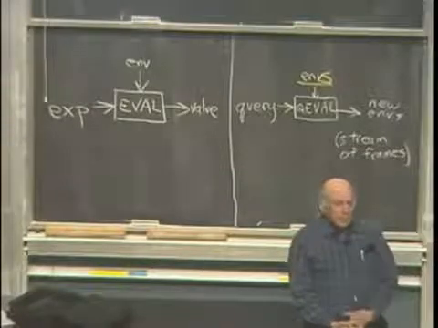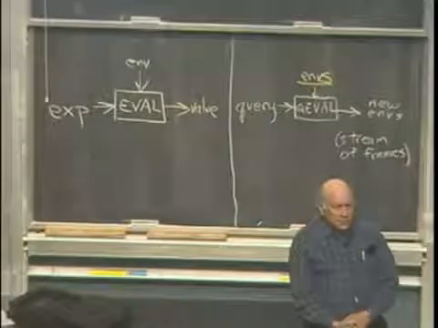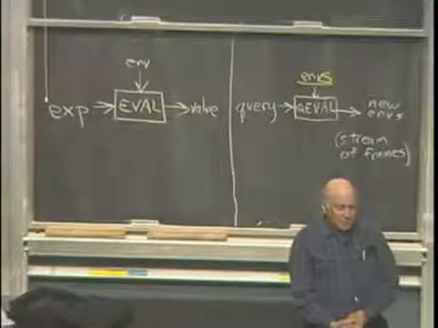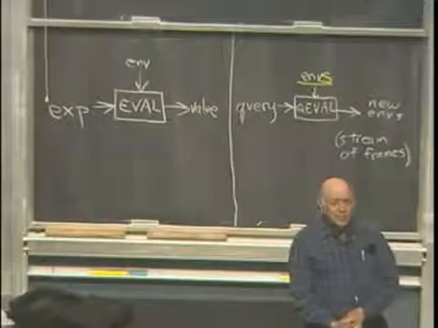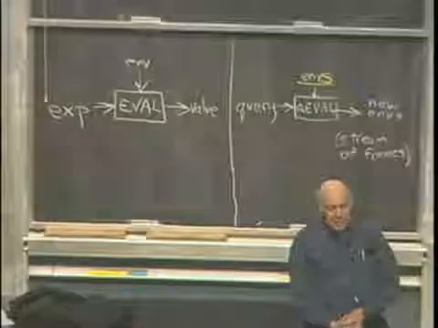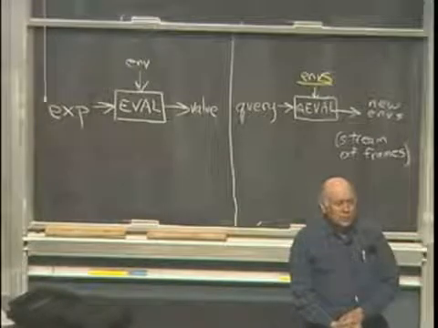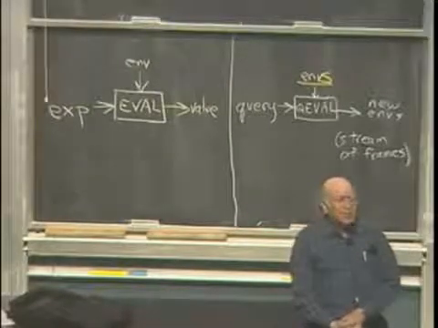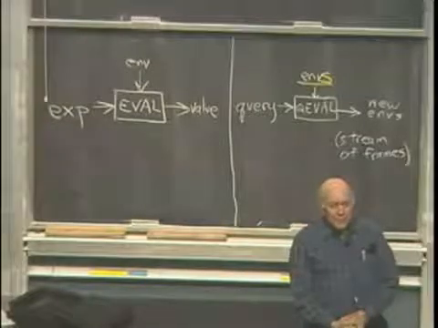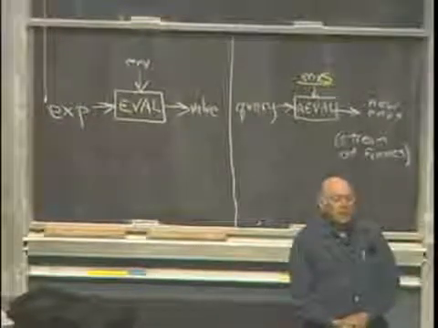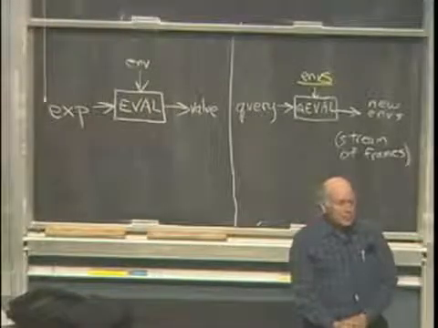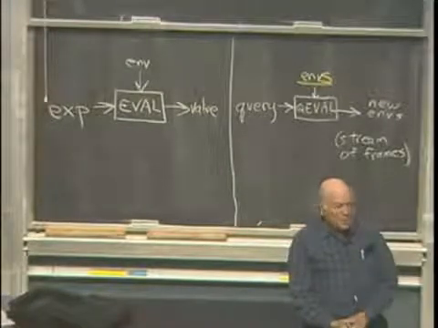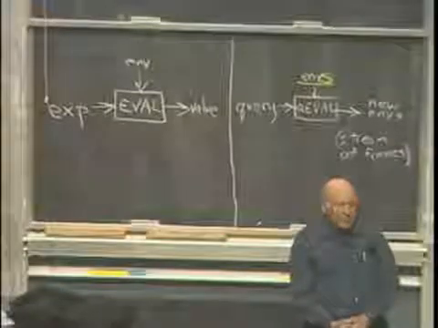So what we start with is no bindings. You might think that a good starting point would be an empty stream, but it turns out, for technical reasons, that doesn't work. What you need to do is start out with a stream of length 1 containing an empty frame, because nothing's going to happen unless there's an environment for it to happen in. So we start out with one environment, i.e. one frame, that's empty. Now, the way QEval modifies its stream of frames in producing the output new stream of frames,